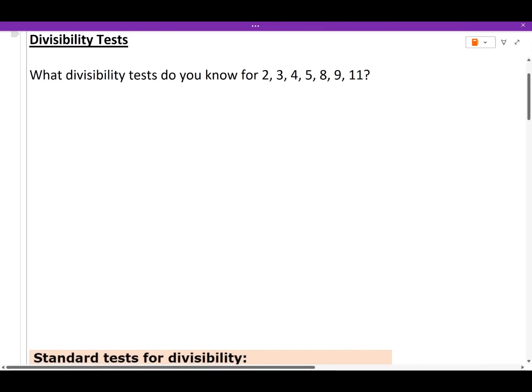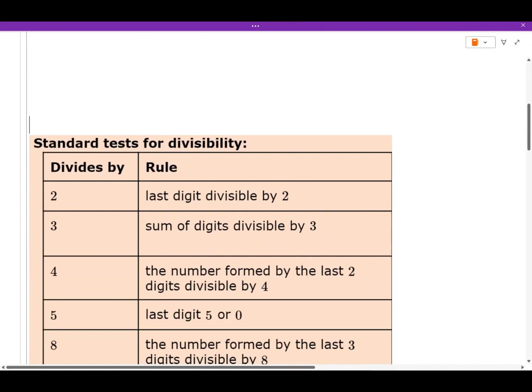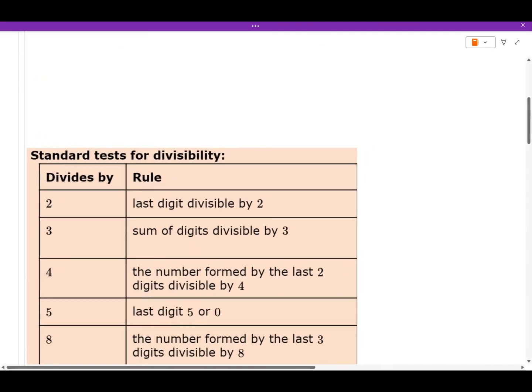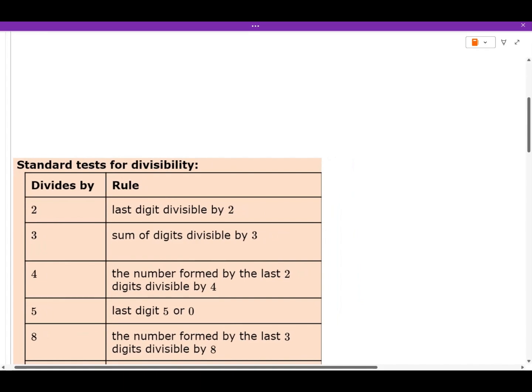Okay, so if we start with 2, which is probably the one everyone knows, the last digit needs to be divisible by 2. Or in other words, it needs to end in a 0, 2, 4, 6, or 8. In terms of how we'd write our working out, because that's one thing I want to focus on here, for example, if we're given the number